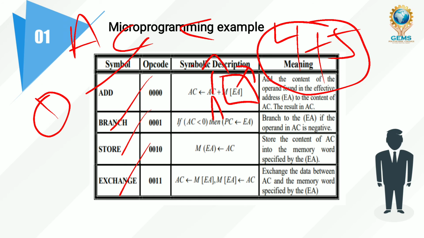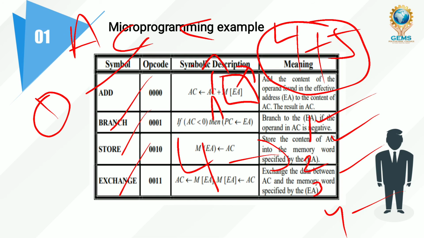Instructions are executing. The first instruction takes the data from the memory, instruction 1, and the second instruction takes the data from the accumulator, and the third instruction adds both the data, and the fourth instruction sends the data into the accumulator. So totally 4 instructions are there, and these 4 instructions execute in sequence order. First instruction, second instruction, third instruction, fourth instruction. So I'm talking about only addition. To perform the addition operation, we follow the 4 instructions in sequence order.